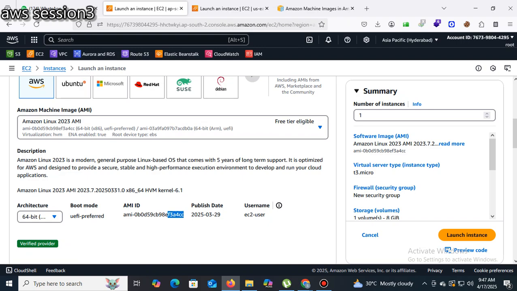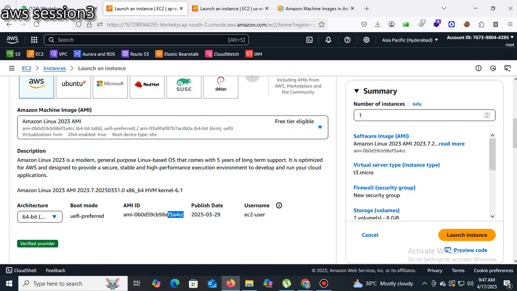We can't restore to another region. Remember that. We can't restore to another region, only the same region. Okay. Yes, you can restore. After taking the backup, you can restore, and you can use another AMI ID. Okay. If you take the backup, it can be restored to another region.